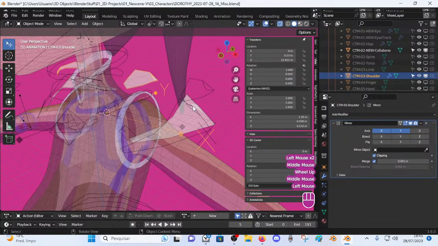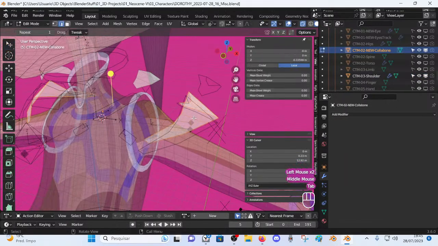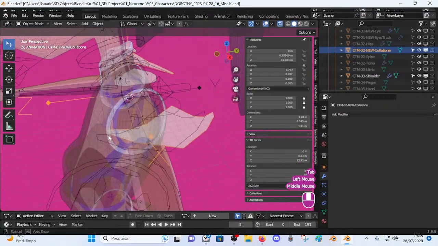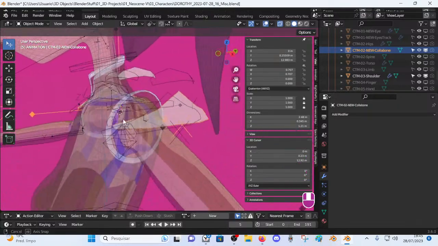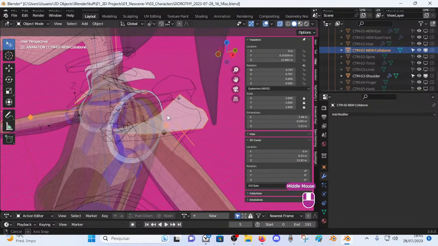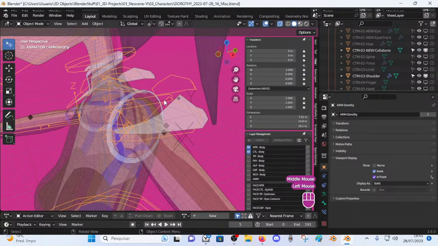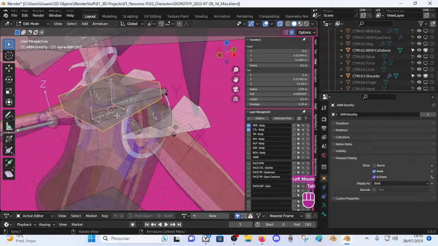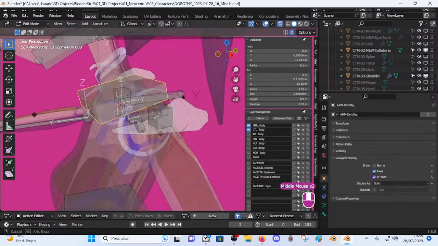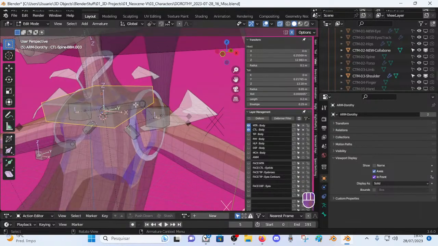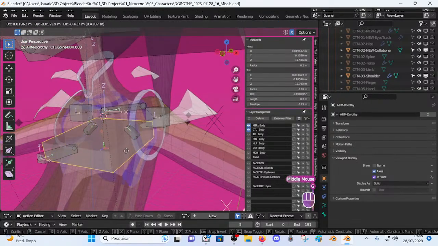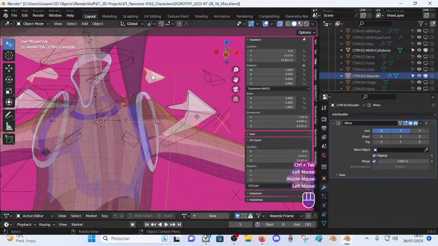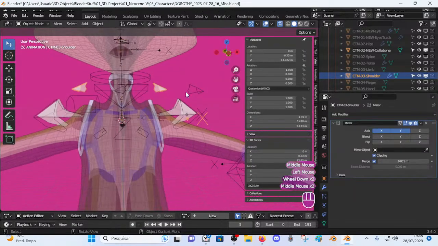The bones are, what is the orientation again for this? Z-axis pointing forward, and Z-axis pointing forward too. So really I cannot understand this, but